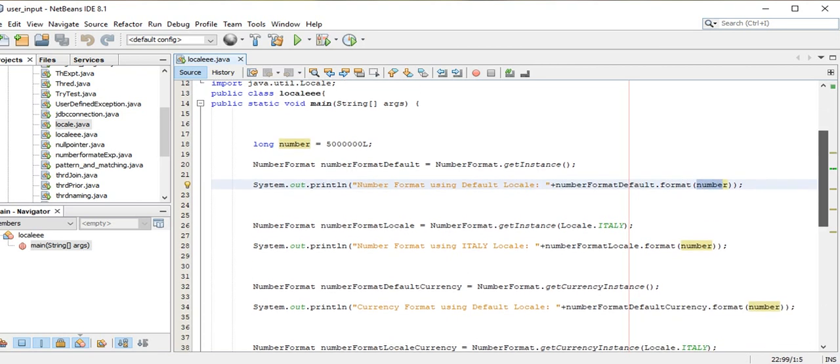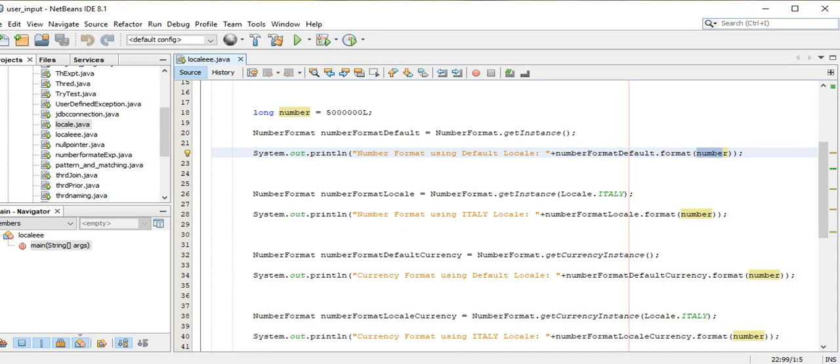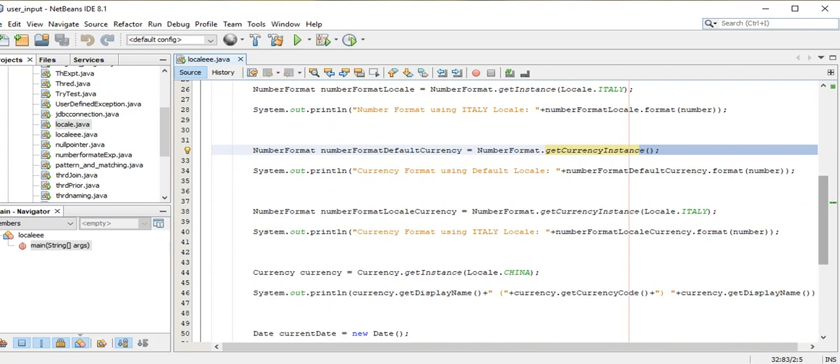According to the Italy locale, if I want to format that number, what will be the instance for that? What will be the currency instance according to the Italy locale? It will give the result, whether the currency is euro or dollar, and it will display the name of that.